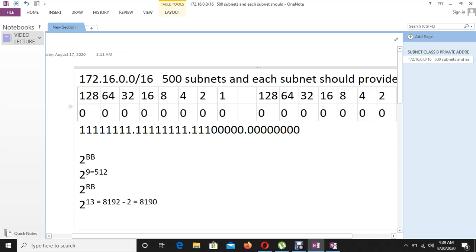So let's assume all of these were zeros before. Now we are saying that we borrowed all these bits from here. We borrowed all of them, and we borrowed all the bits from the 3rd octet until at some point we entered and took 1 bit from the 4th octet. Okay, this is something that students get confused about, so that's why I'm giving you this sample. This bit here is supposed to be 1 1 1 1. So all these bits are turned on. So for example, in this case